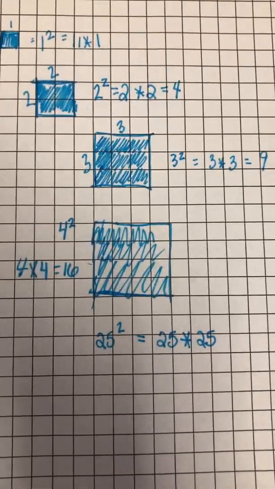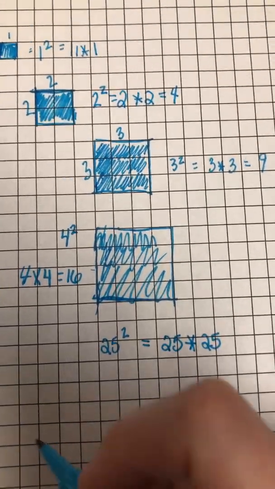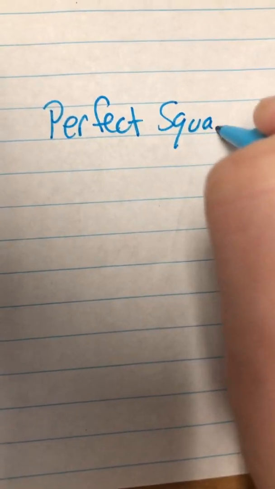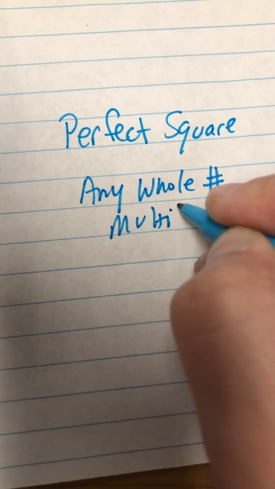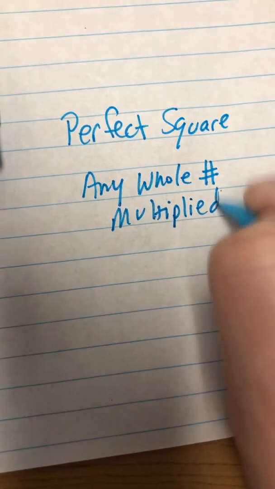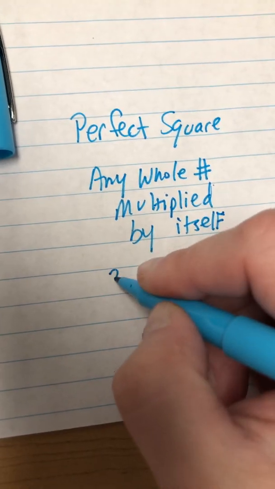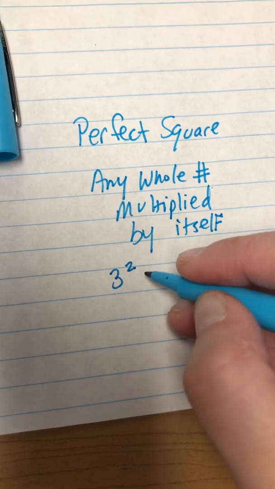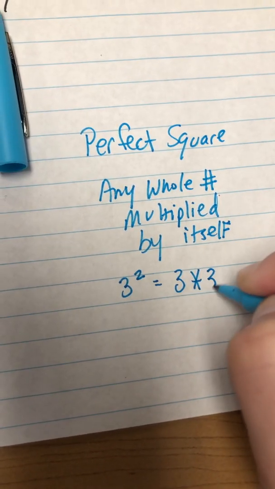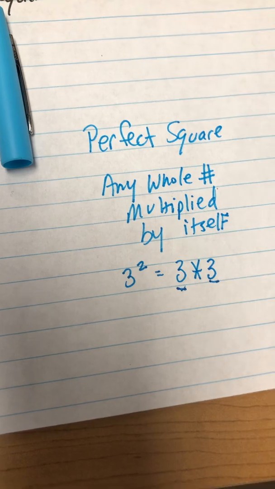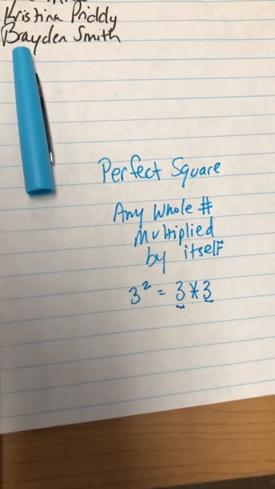So a perfect square is any whole number multiplied by itself. So let's see that again. A perfect square is any whole number multiplied by itself. So 3 squared is a perfect square because 3 times 3, we're multiplying that whole number by itself. That's what it means to be a perfect